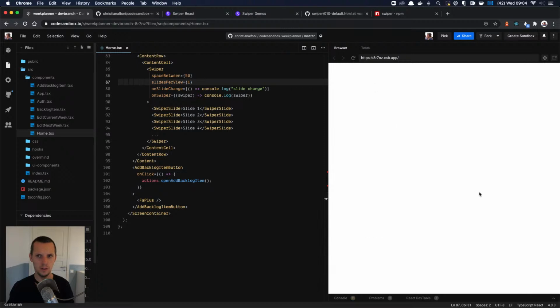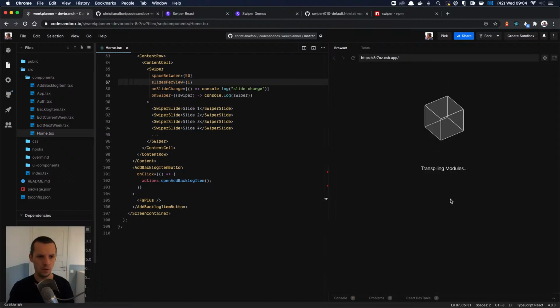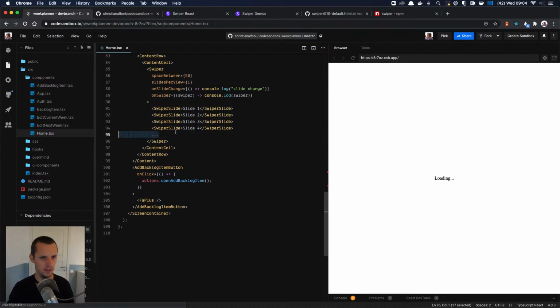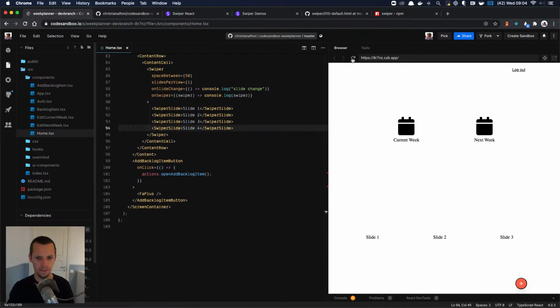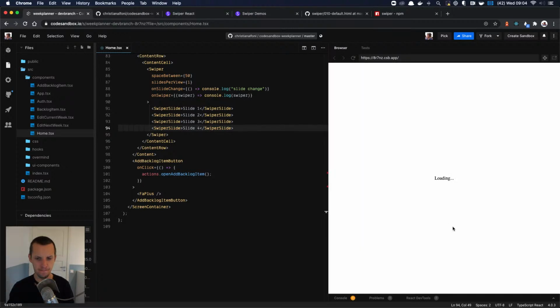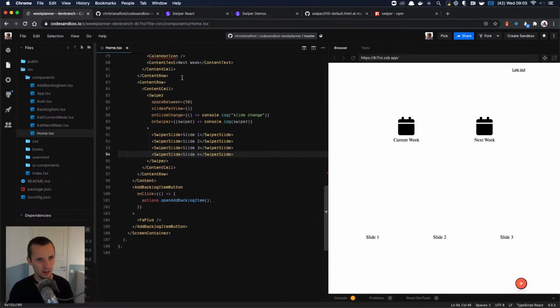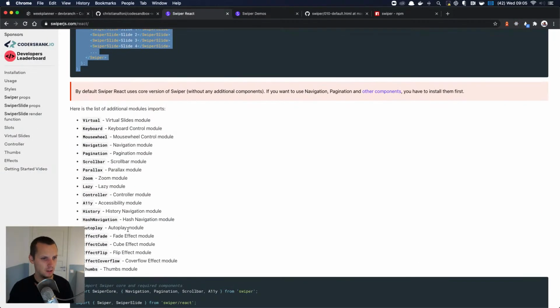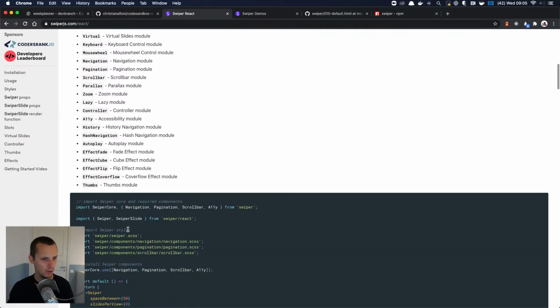Oh, this doesn't work the way I want it to. By the way, maybe this is causing it. What? Now I see 3 again. Slides per view. Space between? I don't understand what this means. I just want it to show one slide at a time.